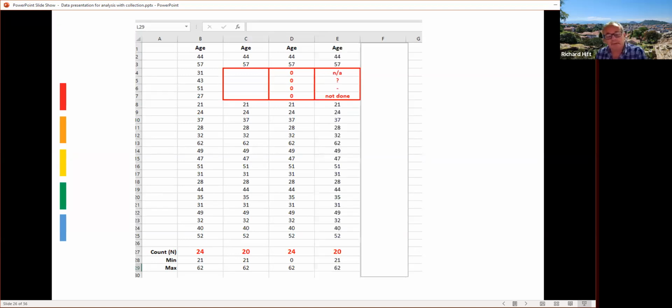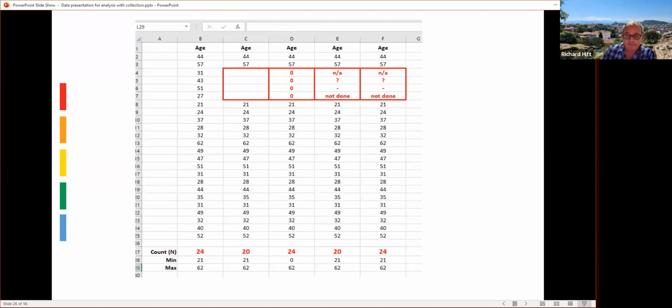This is something else people like to do. They write little comments, dashes, not dones, question marks, n/a, right? Most software will just ignore those. The reason being that it sees those as text, not as numbers, but it doesn't know that those are really blanks. Here's Excel using one formula for count. It's picked up 20, but there is an alternative formula for count,